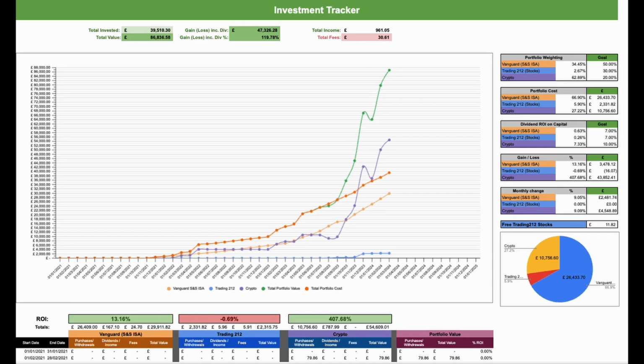Now what I want to do is quickly jump over to my investment tracker, which tracks all of my investments across multiple platforms. It shows that I've invested less than 40,000 pounds, so around 39,510 pounds, and that's currently valued at 86,836 pounds, which is a gain of 119%. And it's not sustainable, though. It's definitely going to go down over the years, which equals